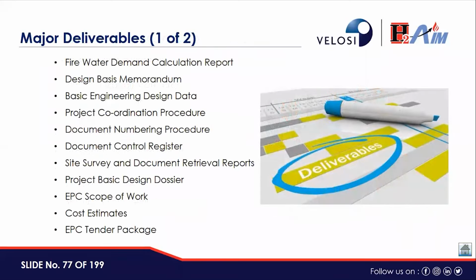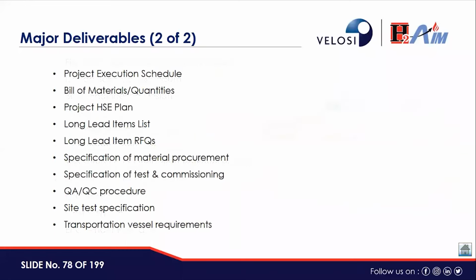These were the list of major deliverables that we have prepared as a part of the scope. We prepared the fire water demand calculation report, design basis memorandum, basic engineering design data, project coordination procedure, document numbering procedure, document control register, site survey and document retrieval reports, project basic design dossier, EPC scope of work, cost estimates, EPC tender package. And then we delivered project execution schedules,